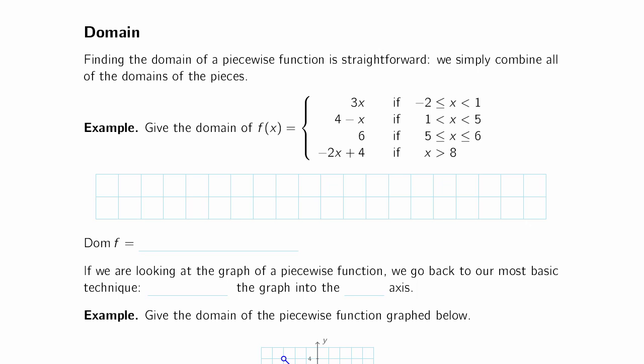If we want to find the domain of a piecewise function, it's a completely straightforward process. All we have to do is combine all of the different pieces of the domain. All of these restrictions on x essentially tell us what values of x we can take as input to our function. So we just look at all of these inequalities and we find all of the numbers that satisfy at least